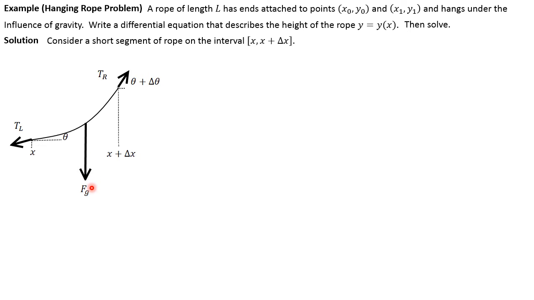I've labeled the forces TL, TR, and FG. And we're trying to track the angle that the rope makes with the horizontal, where we consider the rope to be making an angle of theta here, and then theta plus delta theta over here, as we move over a short distance from x to x plus delta x. So try to imagine this as being a very short segment of our entire rope. And if we do that, letting theta, again, that's the slope,